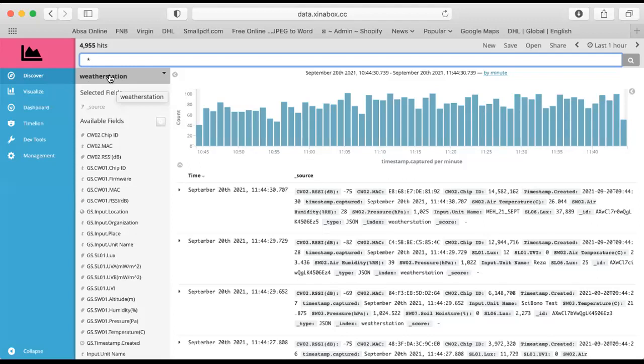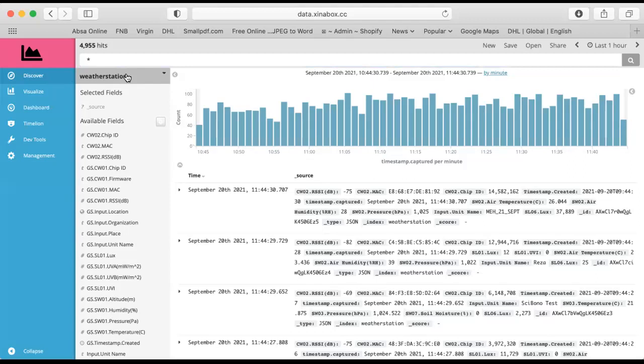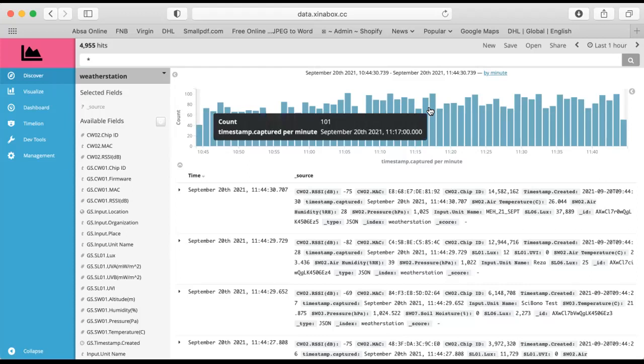most of the kits around the world, that is how it's set up. If you have a kit that perhaps is running on another index, you could actually change the index just by opening up the drop down and you can go to another one, but we're going to stay on weather station for now. So what this is just simply posting all the data across the world. And this, you can see here, this is a count. So this is the number of data packets that have been sent to the MQTT server from everybody's kit around